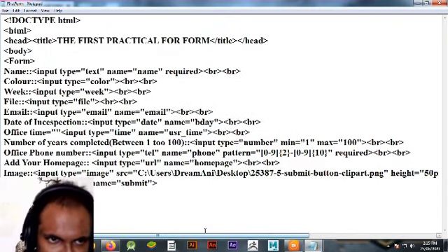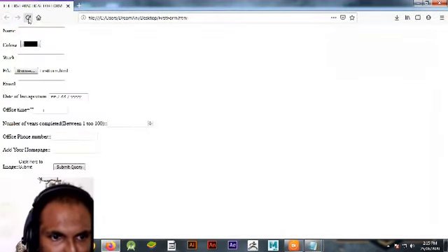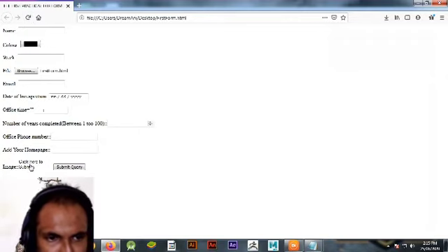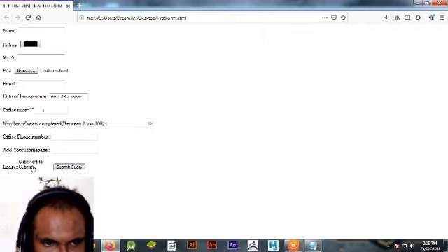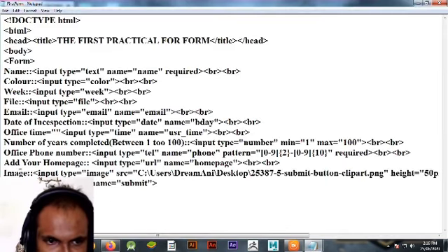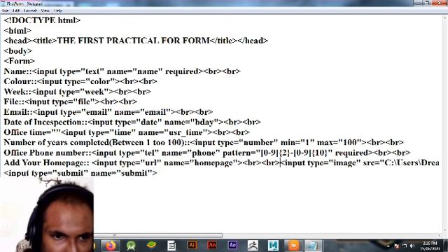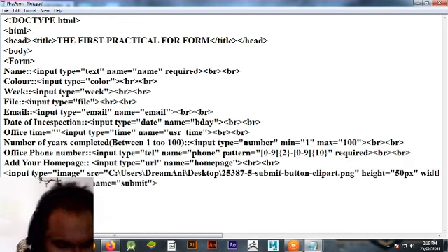Some browsers support it and some don't. Erase this, then we'll see.